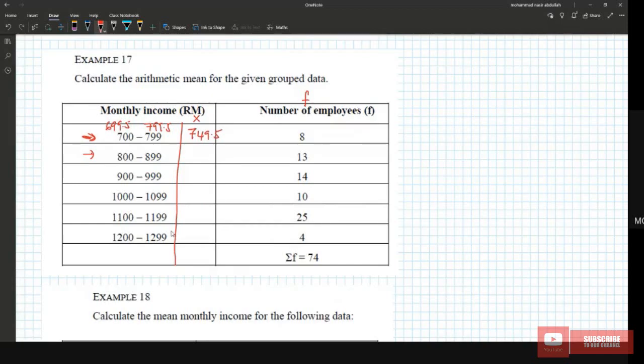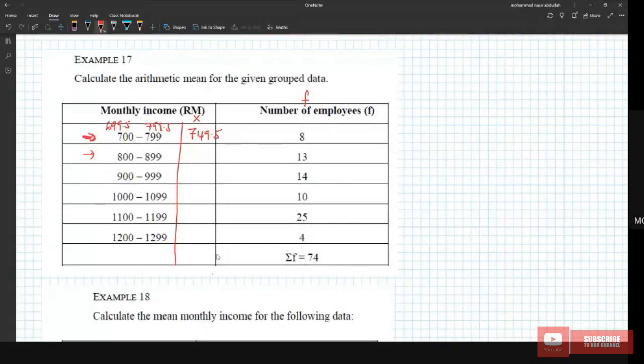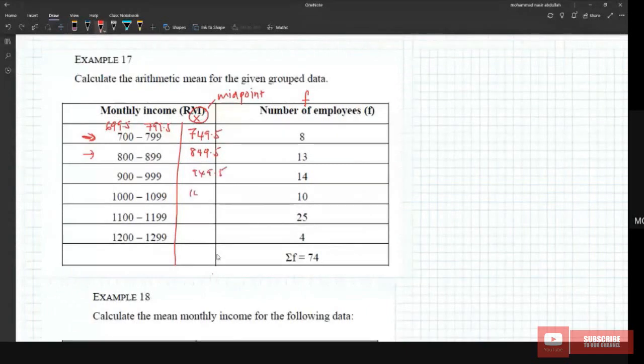Right? So if you don't want to convert this to a class boundary, you also can. You can just add 799 plus 700 divided by 2. You will get the same answer, right? And of course, the class midpoint is going to be 849.5, 949.5, 1049.5, 1149.5, and the last one is